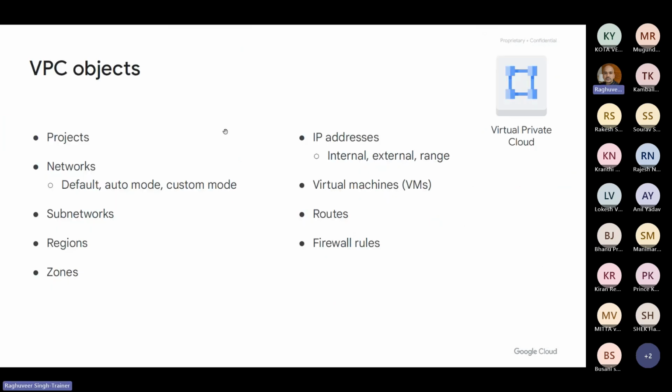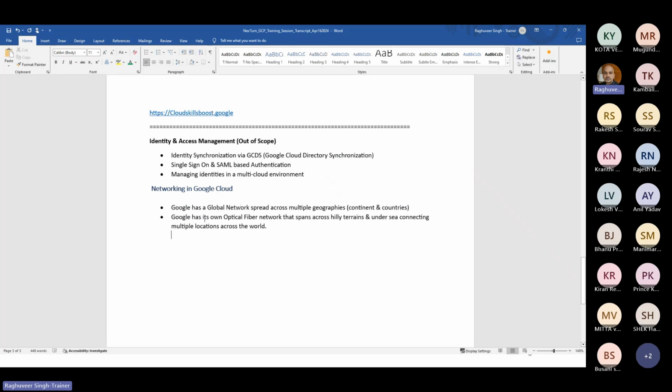So let's understand what a VPC is. We already know that VPC stands for virtual private cloud. So the networking service that we use in Google Cloud is known as virtual private cloud, and it is the same name that you give to the networking service in AWS. That is also virtual private cloud. So Google provides you VPC, and what is that VPC? It is your